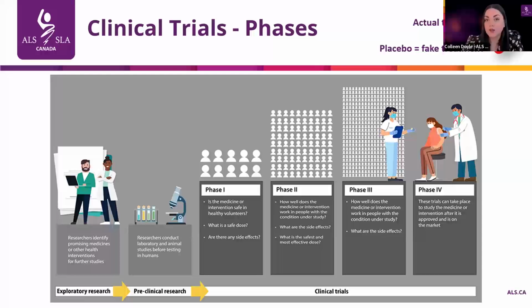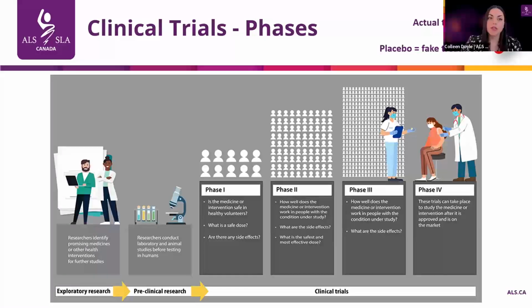Phase 1 studies often represent the first time a treatment is being tested in humans. Testing is usually on a small number of people and is designed to assess safety, dosage, and the ideal route of administration. Phase 2 trials involve testing on a larger number of individuals, again for safety and tolerability using the optimal dose regimen determined from phase 1. However, phase 2 studies often don't have the statistical power to determine if a therapy is effective.